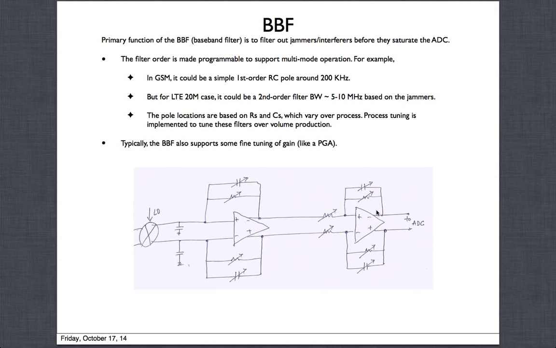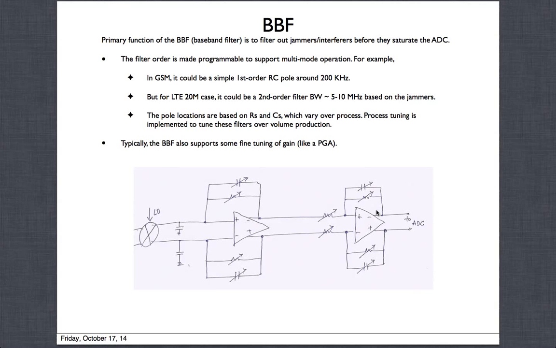That's why we want to preserve the filter characteristics. We want to do automatic tuning of these R's and C's. That is, if the R value varied by some X percentage, there is an on-chip detection and an algorithm to tune this R. This is how we do it. We tune the R's as well as the C's, so that we maintain the pole locations and the filter characteristics. That is, if you needed a far-out rejection of some value, we want to maintain that value over all these process corners. So that is another thing I wanted to mention.